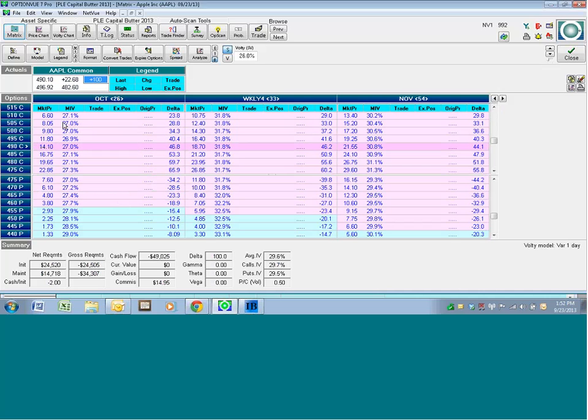Now what I want to do, I'm not looking to be an investor in Apple in this strategy. I'm looking to get out of this trade. This is a trade. I'm going to look for the call option with the greatest extrinsic value, which happens to be the at the money, which happens to be at 490. So right here we're at the 490 call, which is almost exactly at the strike. So I'm going to sell one 490 call